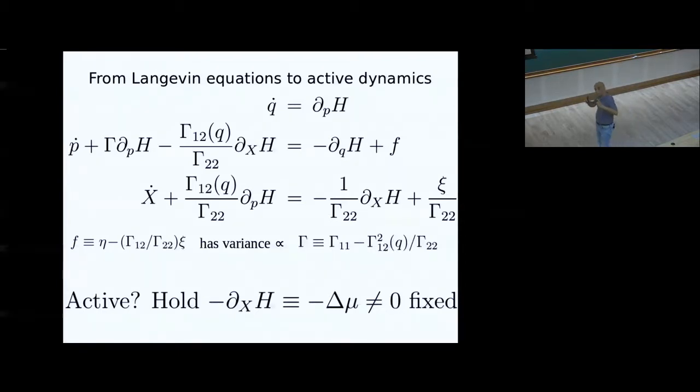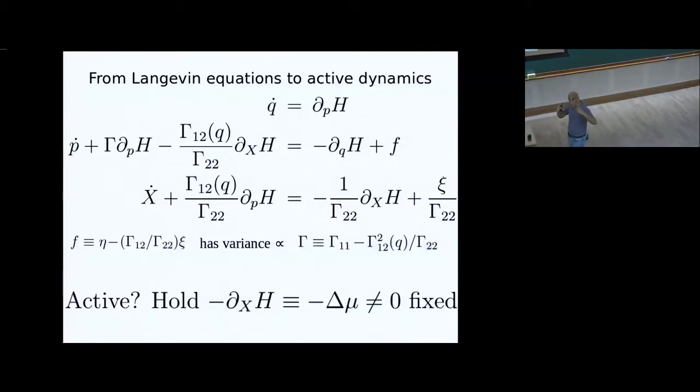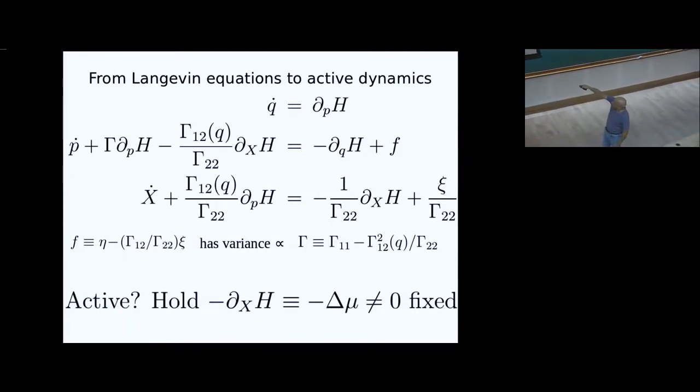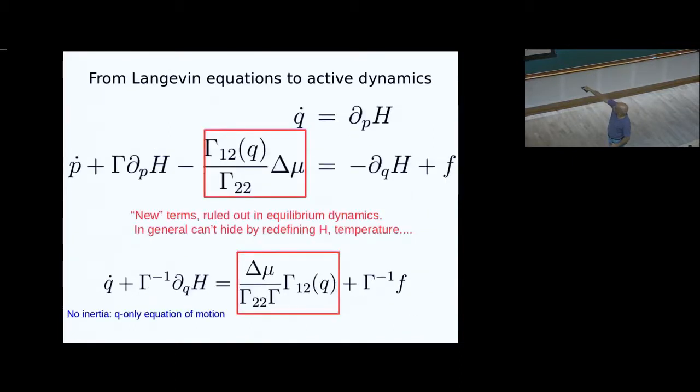Remember, thermal equilibrium is where all average forces are zero. Right? That's one way of stating it. The fact that you're holding this fourth non-zero value means that this equation now has acquired a term proportional to the chemical force, in general, depending on the other coordinates, and I've allowed it to depend on Q. And you will say, well, this is no different from allowing terms in the equation of motion that are symmetry permitted. And it's true. Okay? But it places it in a Langevin equation context. So what we have is a